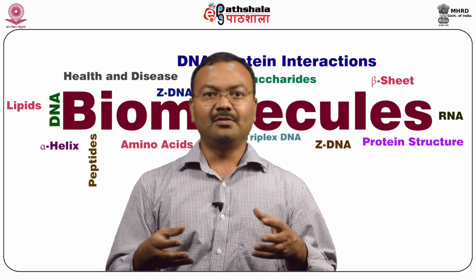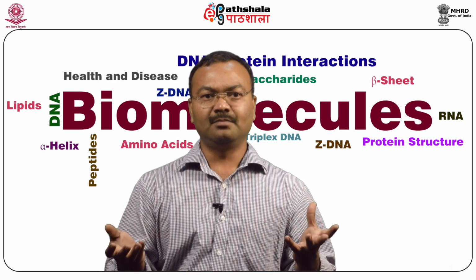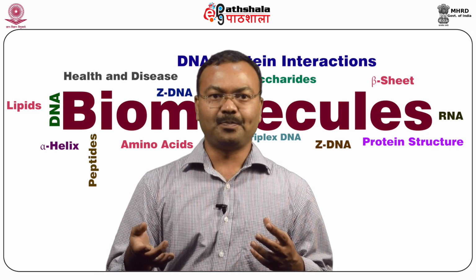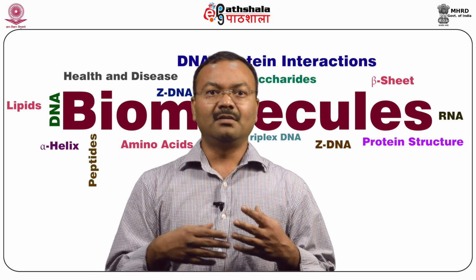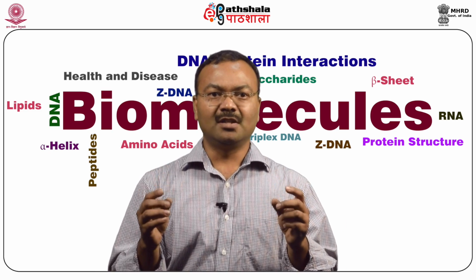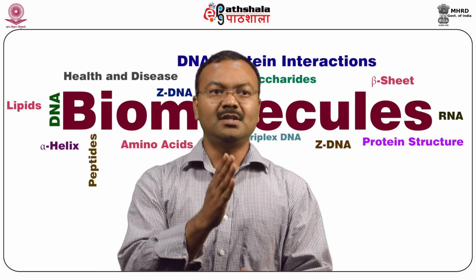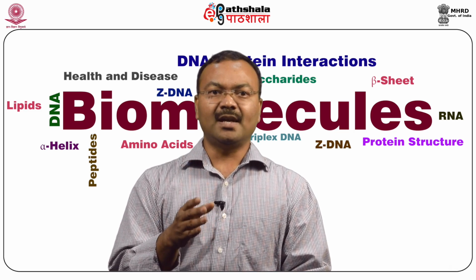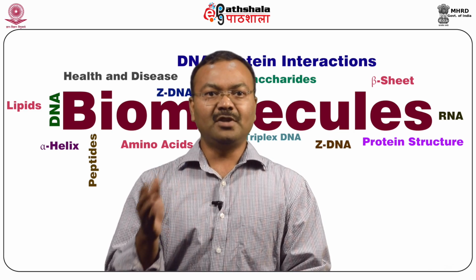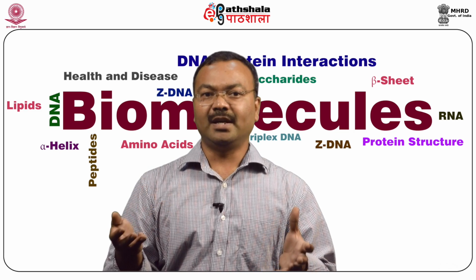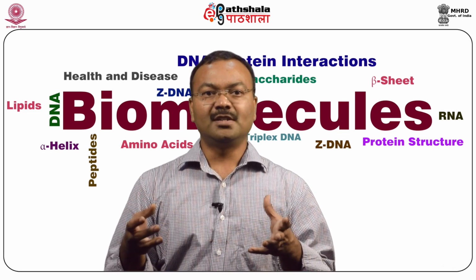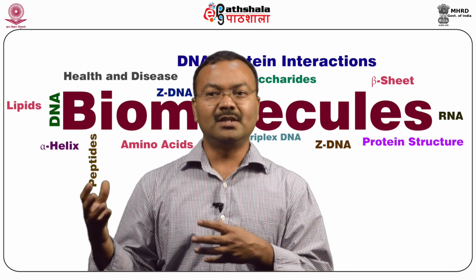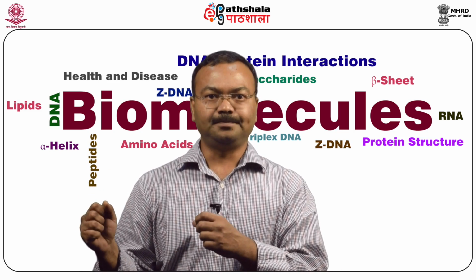Now EF-hand motifs are seen in almost all calcium binding, calcium signaling proteins, for example calmodulin and troponin C. Generally they have a very typical sequence where the first amino acid is always aspartic acid, the third amino acid is always either aspartic acid or asparagine, the fifth amino acid is always aspartic acid, the sixth amino acid is mostly glycine, and the 12th amino acid is mostly glutamic acid.